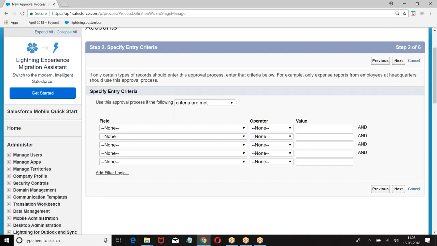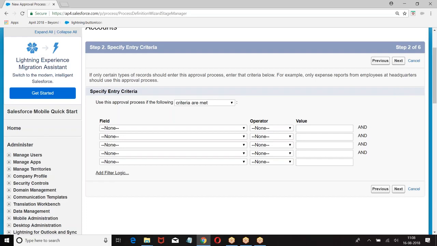Let us say I went to the cash counter. I want to withdraw 1 lakh. Cashier can straight away give the money. You don't need any approval from other people. If you are withdrawing 10,000 rupees, no need of any approval. So you decide when a record can be submitted for approval. If you want every record to be submitted for approval, then don't specify the condition. Otherwise, only the records which are meeting this condition should be submitted for approval.